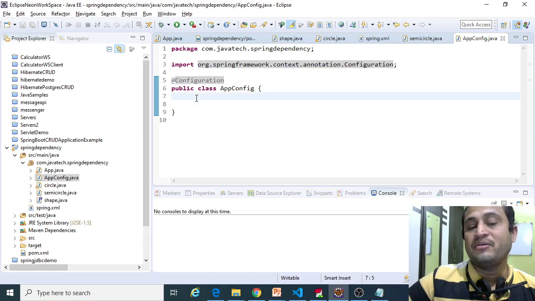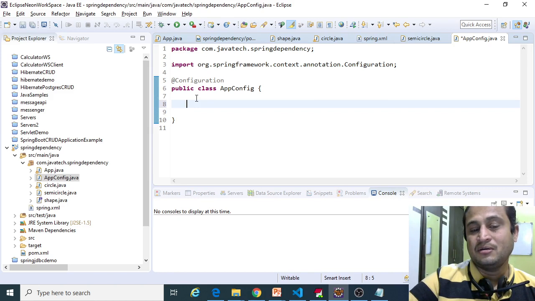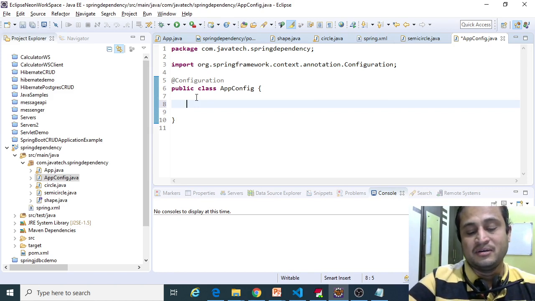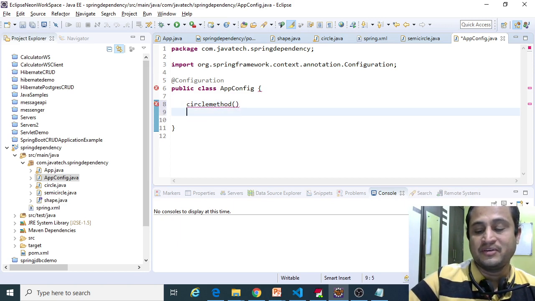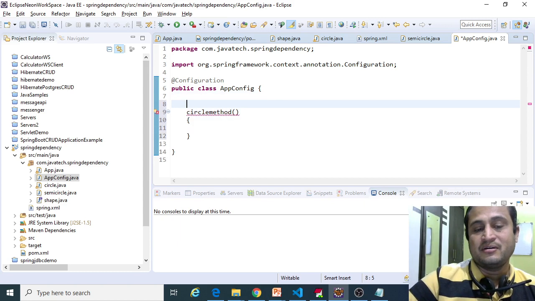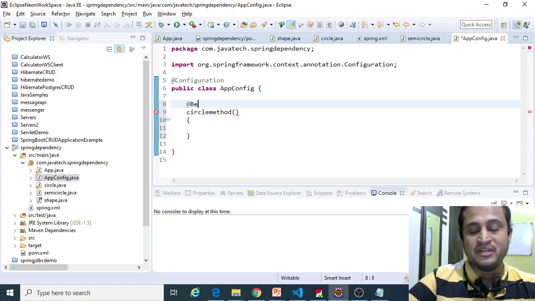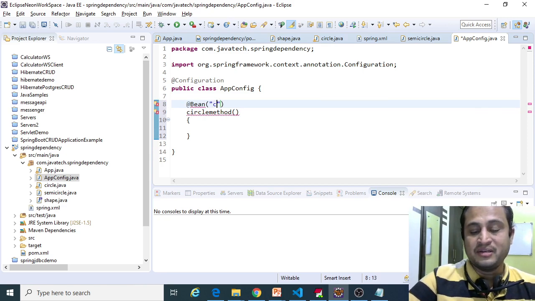Then we need to declare one method here, maybe a circle method, any method name you can define. I'm registering this particular method as a bean. We need to use an annotation called Bean, and the name I am calling it is circle.